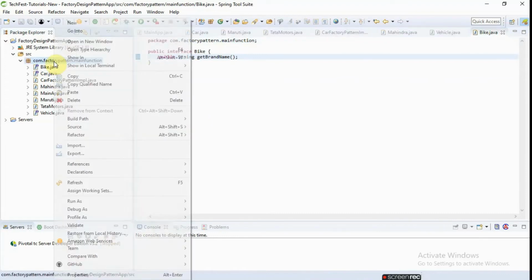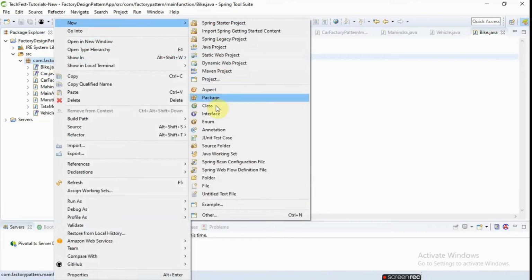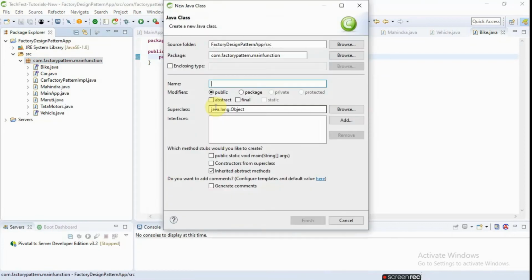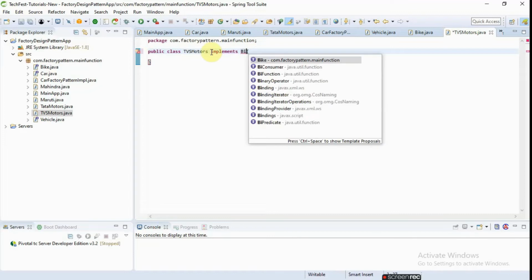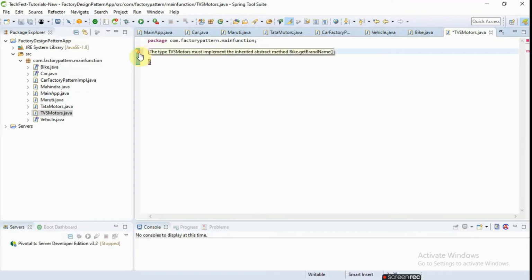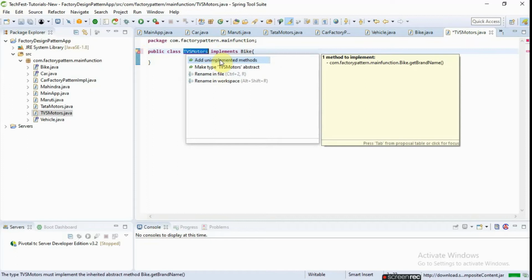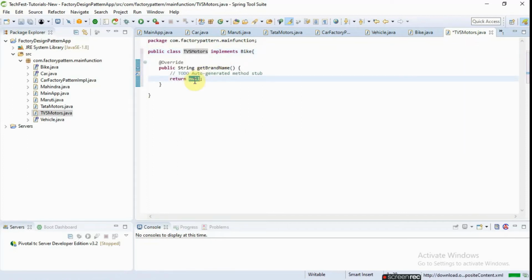And here we are going for the implementation of two classes. One is TVS Motors, where we are just returning TVS Motors.